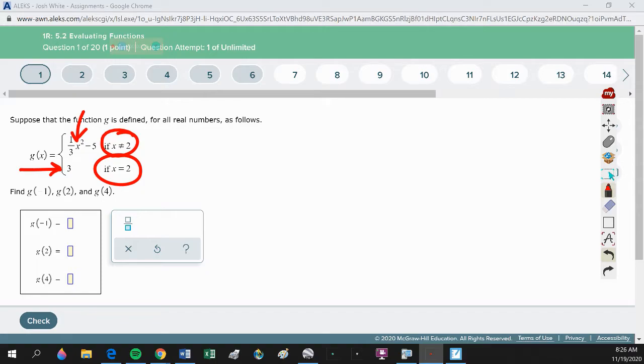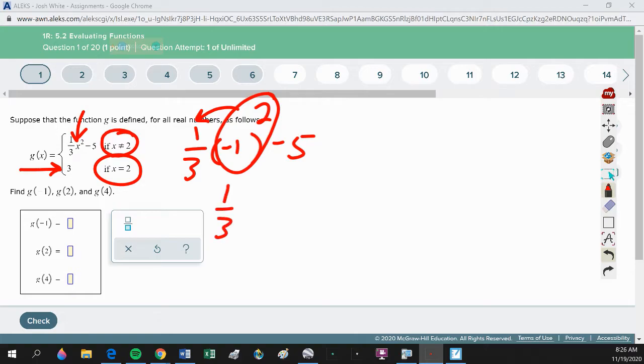So the first one says plug in -1. Am I going to use the top equation or the bottom equation? The top one. Now, you have to be careful when you square negatives. Anytime you plug in a negative or a fraction into a function, you always use parentheses. So I put -1 right there. What is -1 squared? 1. And then times that by 1/3